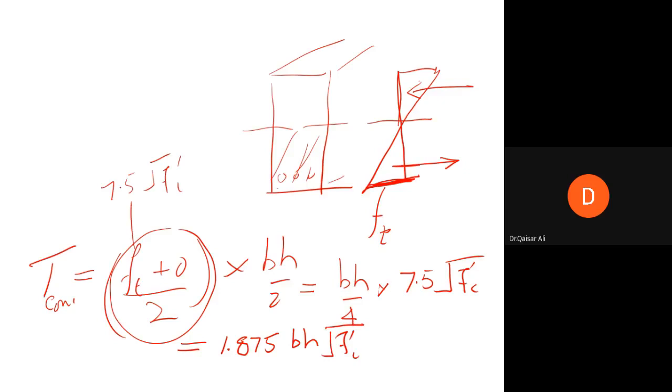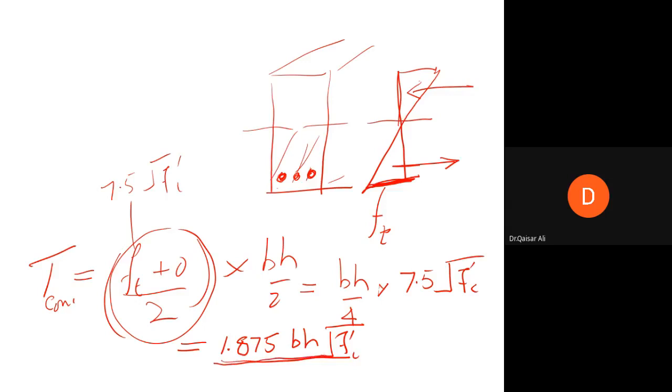This is from concrete. The area of steel that we provide shall be equal to a value such that the tensile capacity or tensile resistance of steel is not less than this,